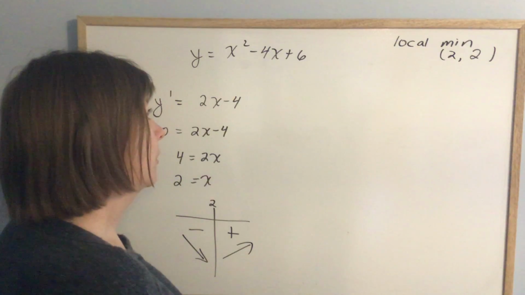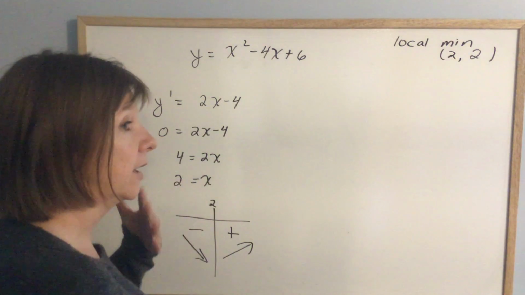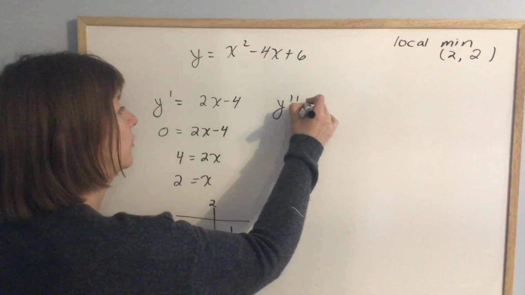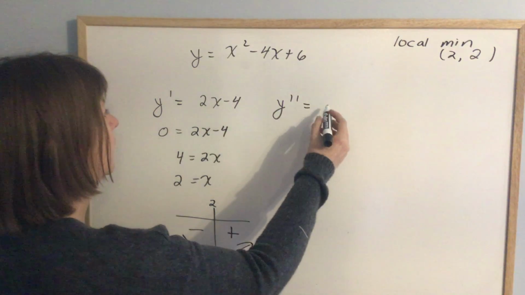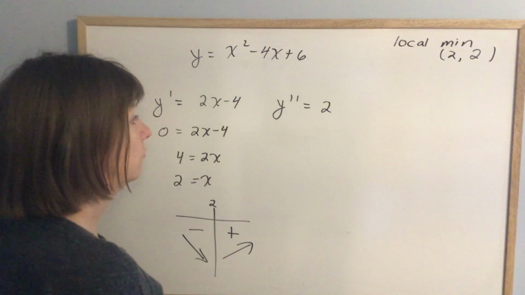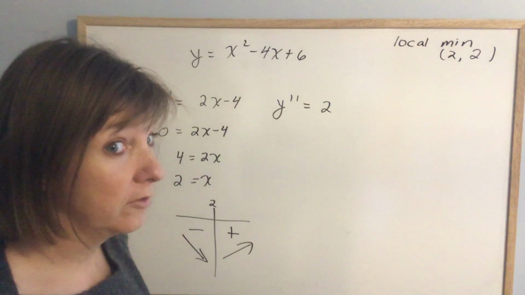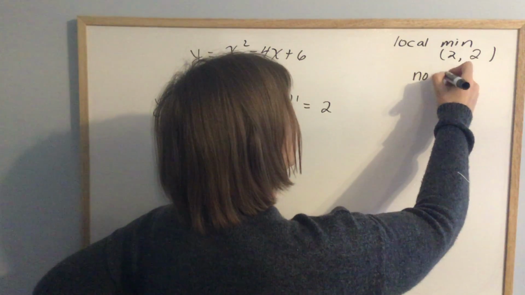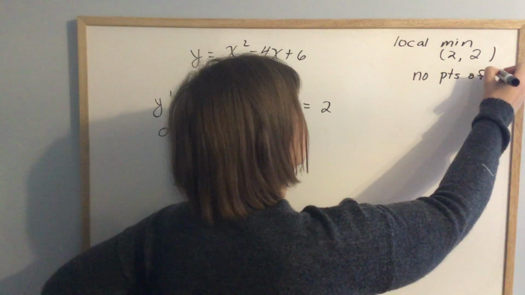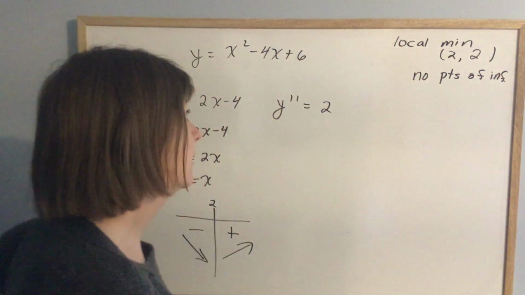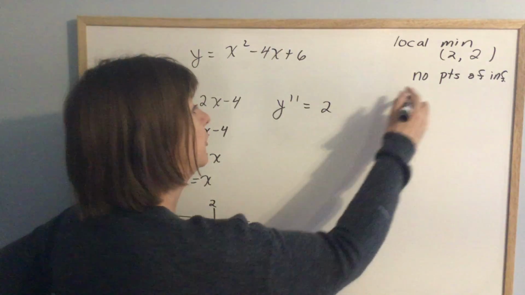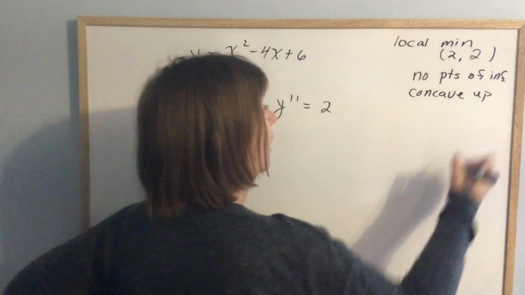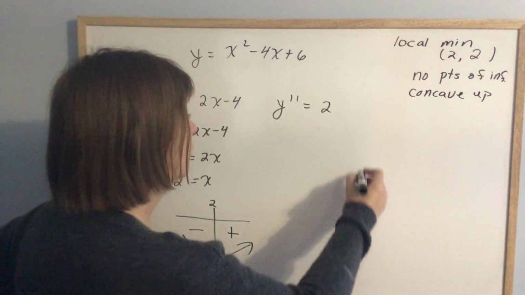Now I need to know whether there are places where it shifts from being concave one way to being concave another. So that is the second derivative. So the second derivative is just 2. If the second derivative is just 2, there's no way to make that equal to 0. So that means there are no points of inflection. And because it worked out to be a positive 2, that means this graph is always concave up. So when I go to graph this,